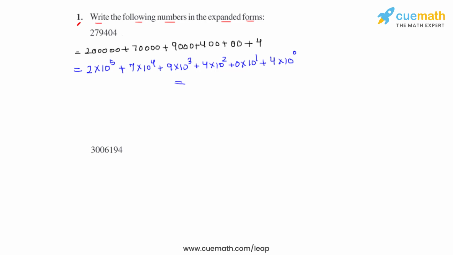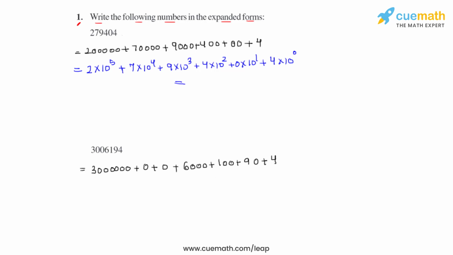Now we'll do the same thing for the second number that we have in the question. So let's break it down first. We'll write it as 3 followed by 6 zeros, as there are 6 places after 3, plus 2 zeros. Then we have 6 followed by 3 zeros, 1 followed by 2 zeros, 9 followed by 1 zero, and then